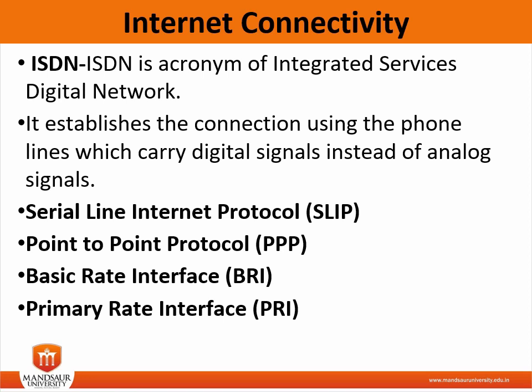Another one is the primary rate interface. This primary rate interface, or you can say primary rate access, is simply called ISDN PRI connections. That is used by enterprises, or you can say offices. So the PRI configuration, which is based on the T carriers or T1s in different countries, consists of 23 data or bearer channels and one control or data channel with 64 kbps, with a total bandwidth of 1.544 megabits per second.